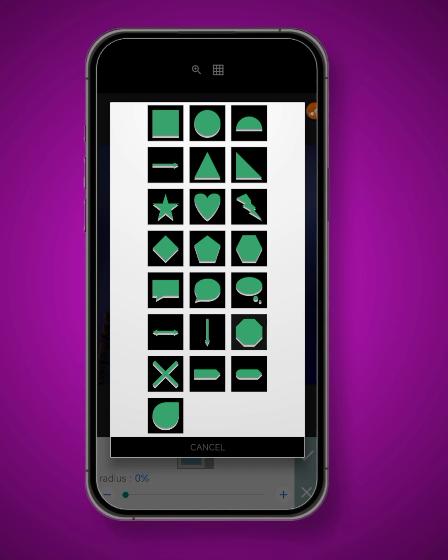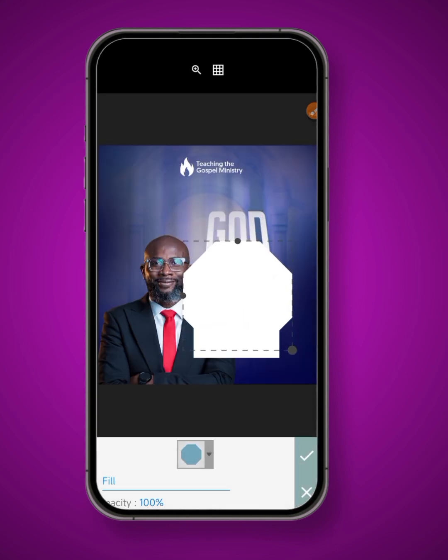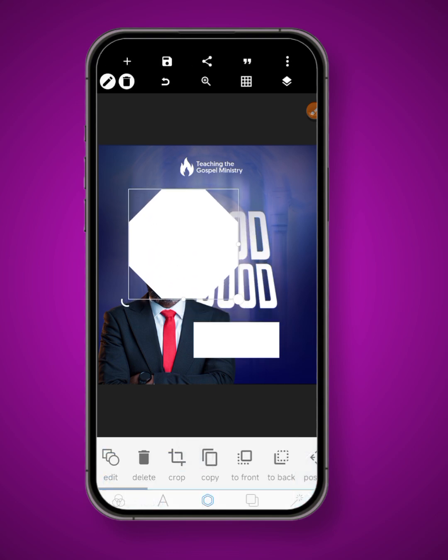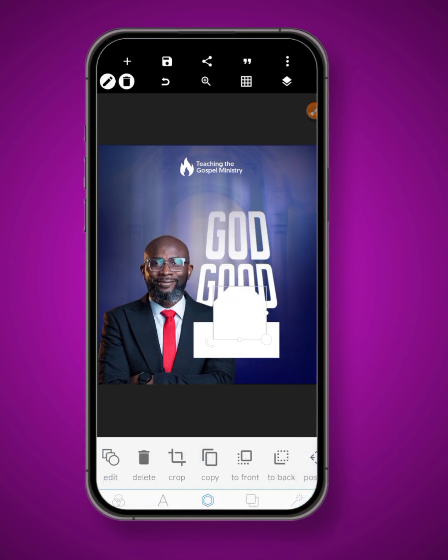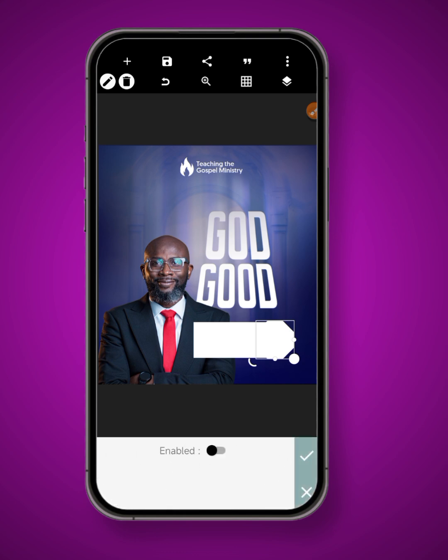And then let's make use of this shape. Okay, you can actually make use of this. Let's make it red. Okay, let's reduce the